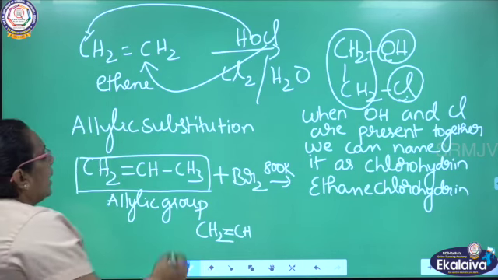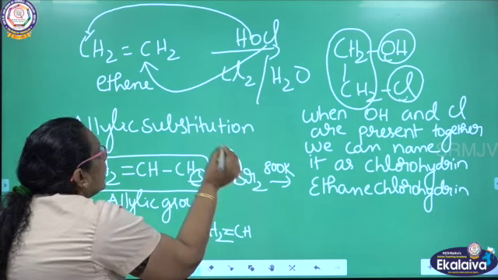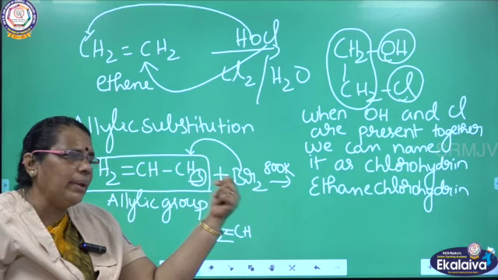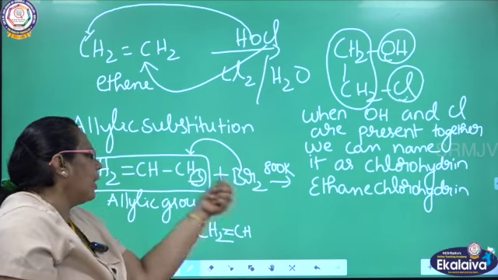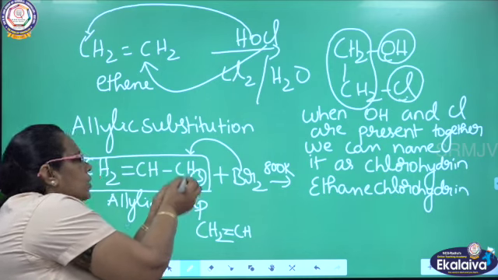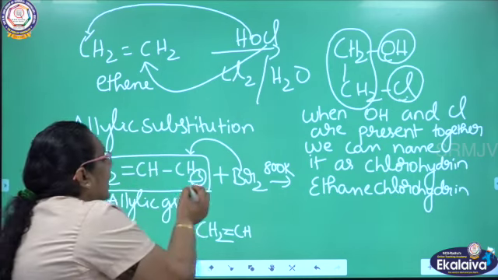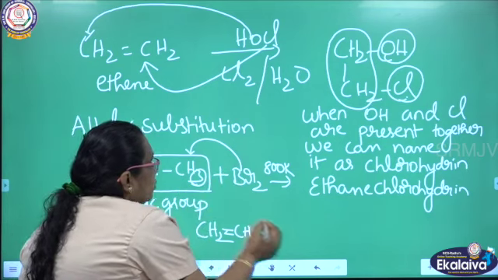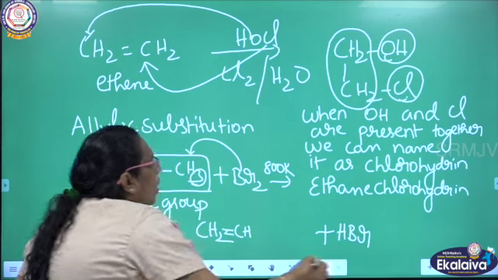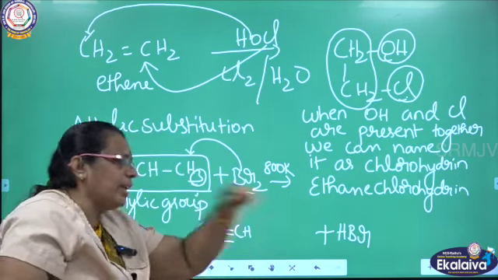What is happening here? One hydrogen is removed from here, so in the place of hydrogen, one bromine is substituted. There are 2 bromine atoms. One bromine is removed and substituted here in the place of hydrogen. One more hydrogen and bromine are readily available, so this hydrogen and bromine combine to give hydrogen bromide. Okay, write the byproduct first: one bromine and one removed hydrogen combine to give HBr.